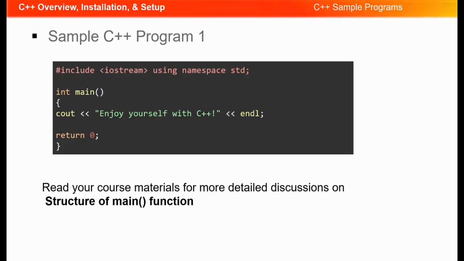But let's get started with the first line, which features the hashtag include iostream. Now this is what we call a preprocessor directive. What does that do? That allows us to have access to code or information that is stored in a separate module or a separate file. And that's great because we don't have to repeat that code in our file. We can access that information by using an include statement, and then we put the name of the module.